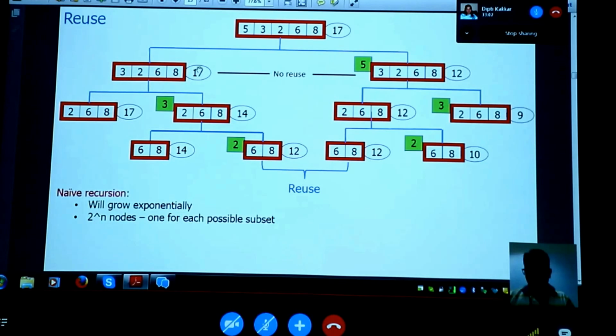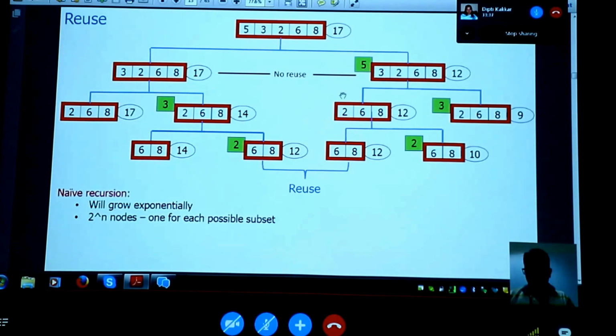So whenever you take a subset, it's something like this. How was this instance constructed? If you see, right, this 6, 8. How did it happen? It happened by picking 5, not picking 3, not picking 2. That's how this 6, 8 was constructed. That is this branch, right? So each of these nodes here corresponds to having made some choices in the prefix, right? We have already made some choice in the prefix. That is how this branch came about, right?